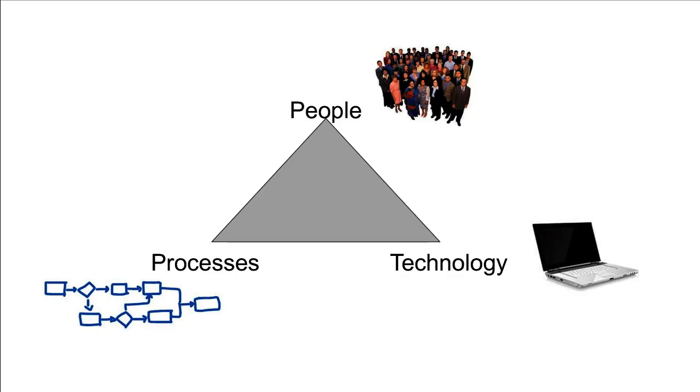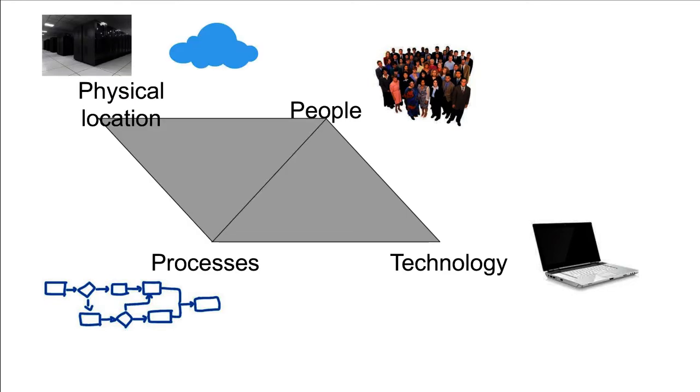So traditionally, information security looked at 3 different areas of protection to make things safe. We'd look at the technology we used, we'd look at the kind of processes we put in place, and we'd look at how people were using that technology and processes, making sure that they were doing it appropriately. And that was fine when we had servers mostly in our server rooms in our own buildings, but these days we also think in terms of physical location because we've got all of our storage in the cloud that we're using on a daily basis. So that's an extra factor we look at today too.